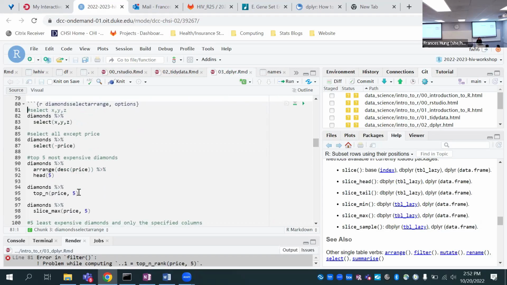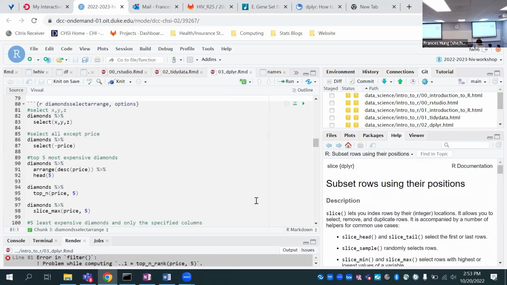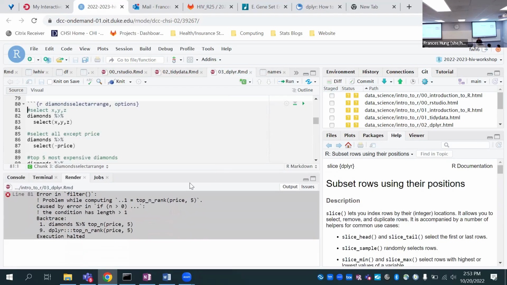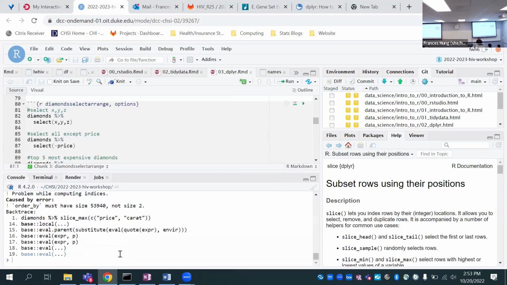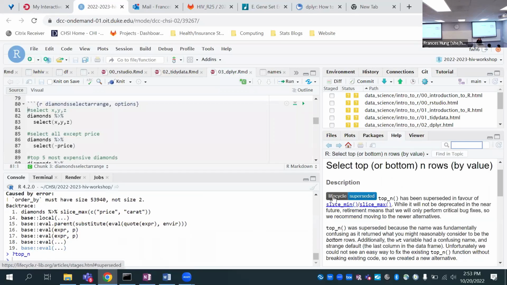Do you mind repeating why you had to use slice again? Okay, so you don't have to use slice, but it's good to, because what we used originally, top n, has been what's called superseded. If you look at top n, you can see right here in the life cycle that it's been superseded, which means there's another preferred way of doing what you wanted to do.